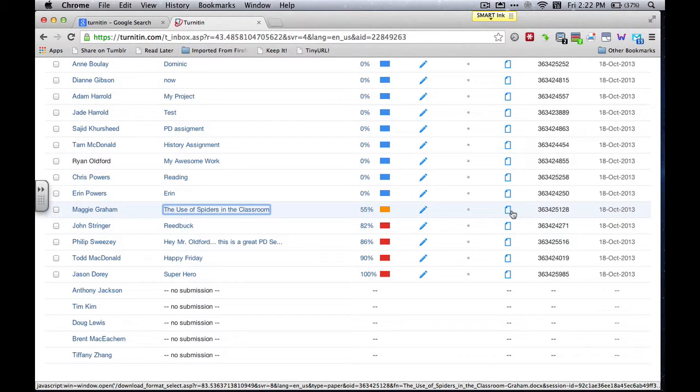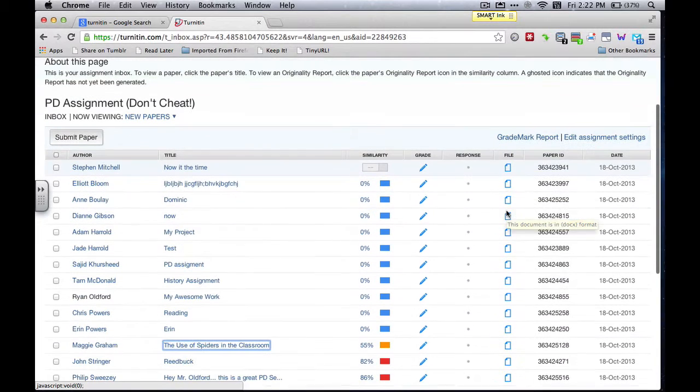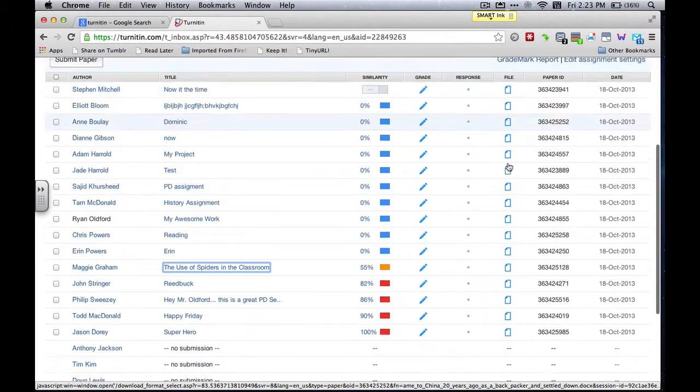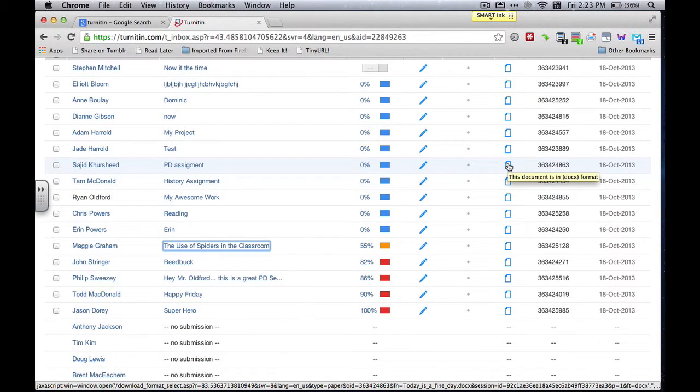Oh, I should show you one more thing. Over here, this paper icon under File lets you download the actual original file. So if you want to keep all the student submissions somewhere, you can do that. If I remember correctly, Turnitin does keep all those submissions. They really want to, because the more they have, the more plagiarism they can catch. So it's in their benefit to keep all the work that you ever put into Turnitin, which is a pretty useful thing for getting things back. But if you wanted to share this with another teacher, you could download the files that way.